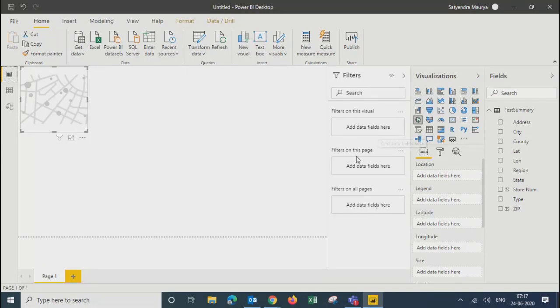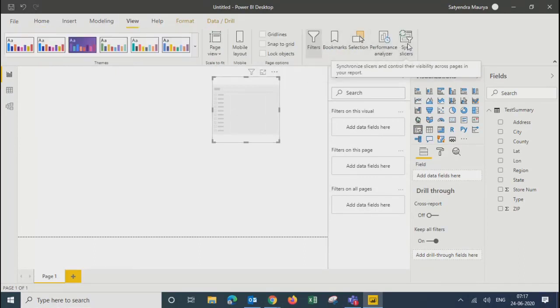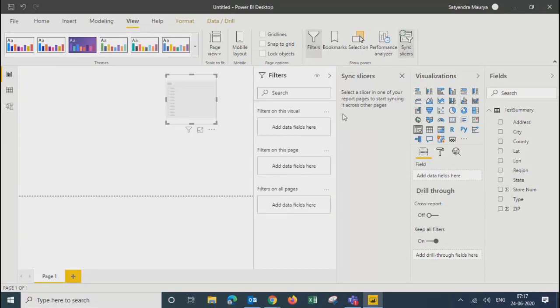So only these three options you got for filter. But as soon as you drag a slicer, the sync slicer option, what we mentioned yesterday as a part of your view tab, gives the option to sync your slicer in the selected sheets, right? So you can have your slicer working on multiple sheets.